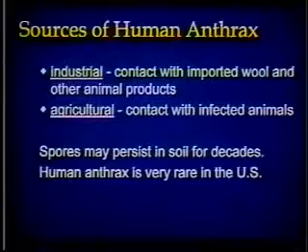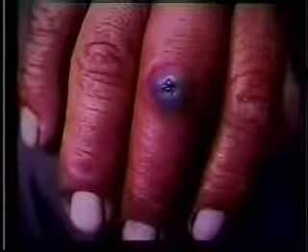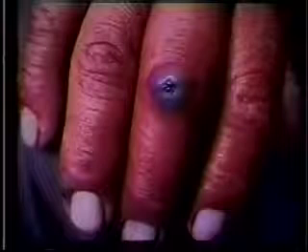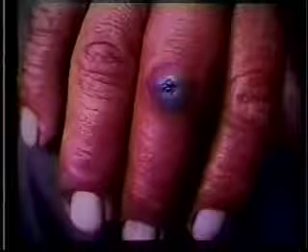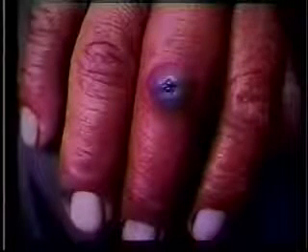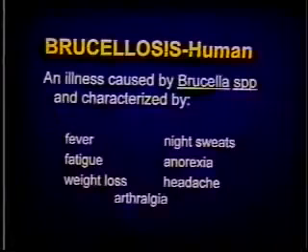Then there is finally the form called ingestion anthrax, which is from the ingestion of the organisms in contaminated meats of animals that may have died from anthrax. This form is very rare and occurs primarily in protein-deficient societies. This is the cutaneous form of anthrax, again showing the black area. These victims do recover in almost all instances, and it's quite sensitive to treatments.